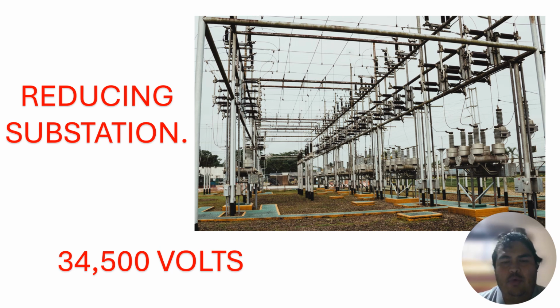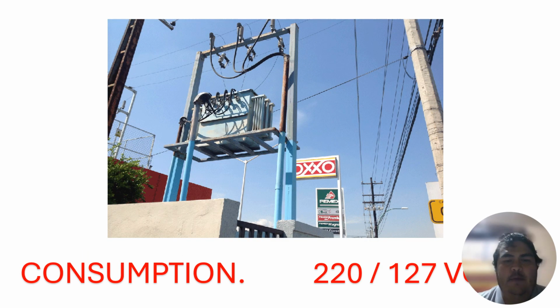This substation is going to receive 34,000 volts and transform it to low voltage to supply different places. And the last one is consumption. Here, for example, I give you the example of Pemex, a gas station, an Oxxo store, and there is a really small